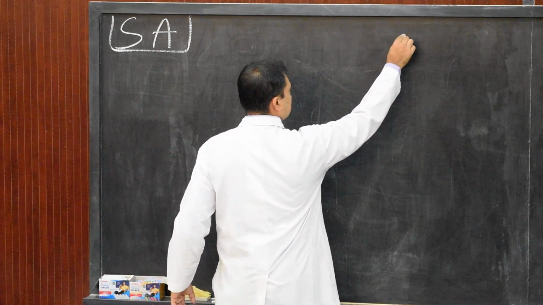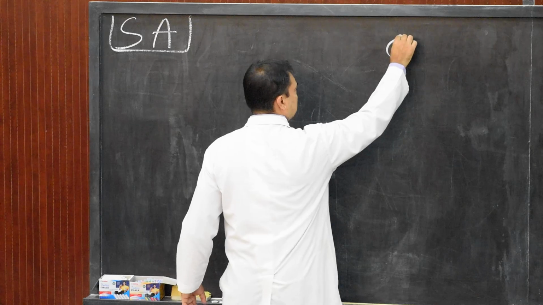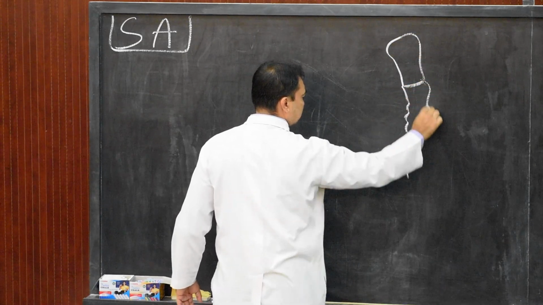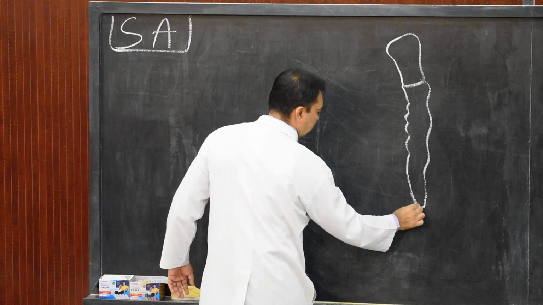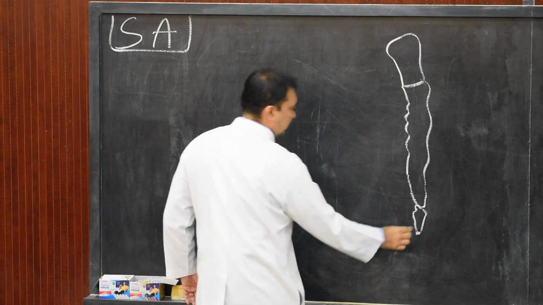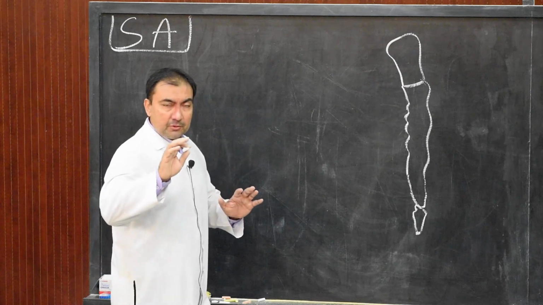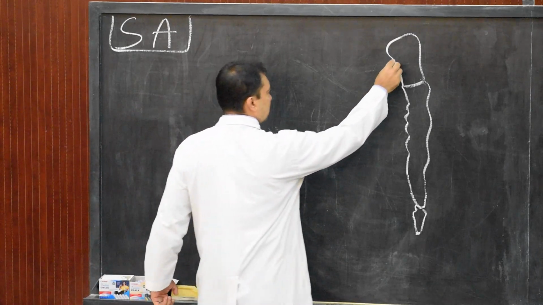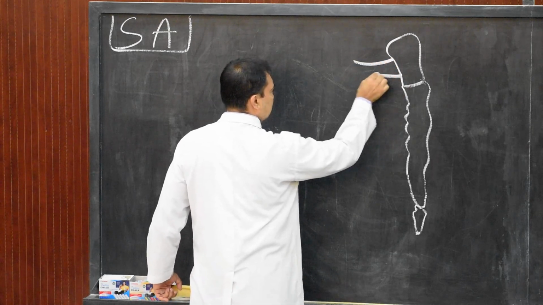We start with the manubrium sterni. Please draw alongside with me so it will be easier for us. And this is the body of the sternum. Here we draw the body and the xiphisternum. Then we are going to draw the costal cartilages and the cut surface of the ribs.